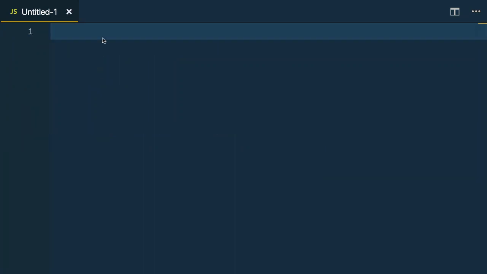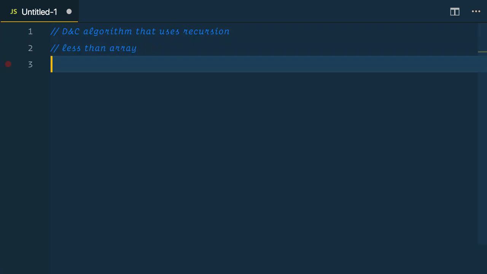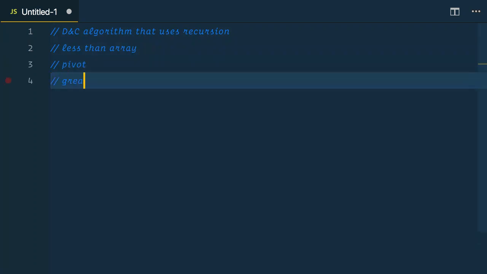Quicksort is a much faster sorting algorithm than selection sort. It's frequently used in real life and is built into some languages like C automatically. It's a divide and conquer function that uses recursion to break down the array into smaller pieces, then connects them at the end. The three fundamental components of quicksort are an array that holds the elements less than the chosen pivot element, the pivot element, and then an array that holds the elements greater than the